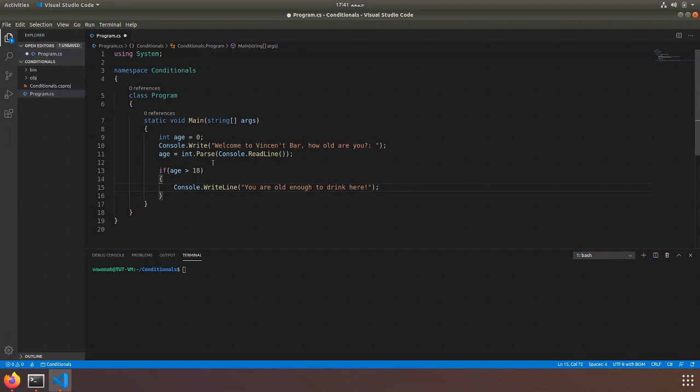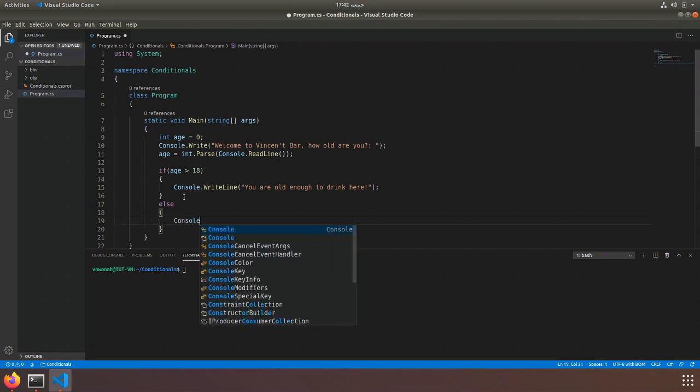So we're saying if age is greater than 18, we're assuming that the legal drinking age is 18. So now we're saying if this person is greater than 18, then we're going to say you're old enough to drink here. Then the second part of the statement is the else part. Else, this part of the code is going to execute if the person is less than 18. So else, we're going to say